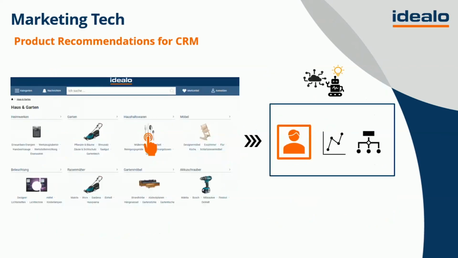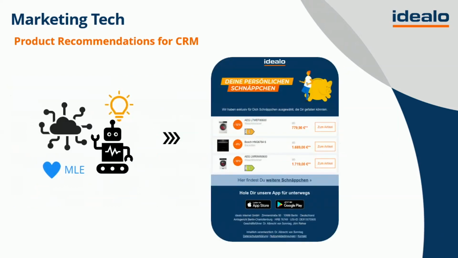And the last piece that we saw in Karen's customer journey was product recommendations via CRM, where we actually track the idealo journey of recognized and consented users. And based on their behavior and interaction with our product, and with the help of machine learning, we're able to recommend products that match the user's interest, therefore creating relevant communication with the user that will then result not only in a happy user journey, but also in value for idealo. So these are just a few examples of where tech comes into play directly in our marketing activities.